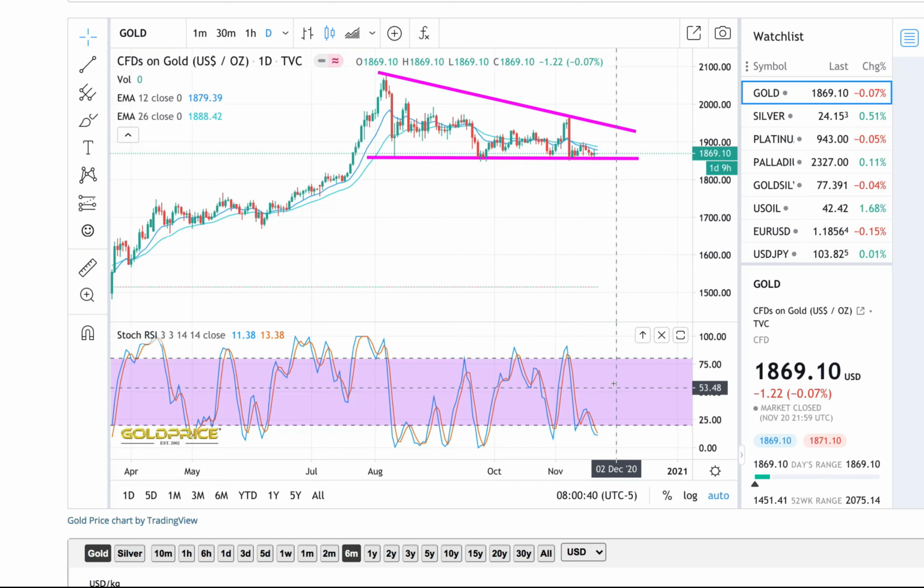If, let's say, interest rates go up, most likely the price of gold will go down. If interest rates go down, the price of gold will go up. If overall the markets panic before the end of the year, and there's a liquidity crisis in the stock market, most likely in the short term, gold will go down and then it will go up as liquidity goes up. But right now, we don't know which one of those things is going to happen. That's the thing. This is sort of the short term.